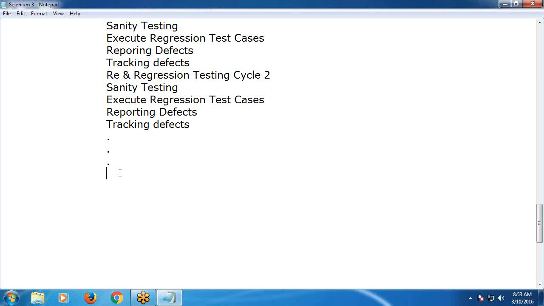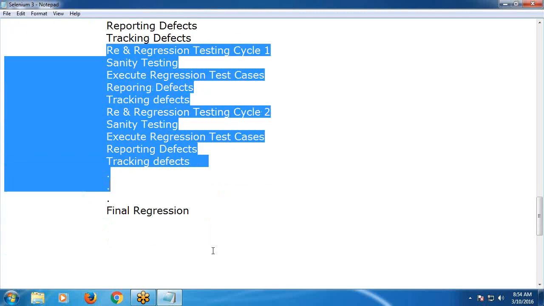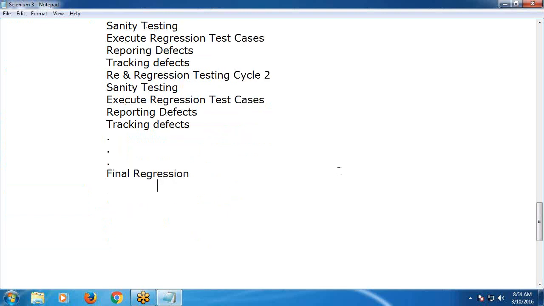Okay, thank you. Cool. Next, at the end, final regression. Observe, Preeti. Final regression. See, regression has 2 types: general regression and final regression. This is general regression. Cycle 1, 2, 3, all are general regression. This is final regression. In this final regression, once again we select test cases